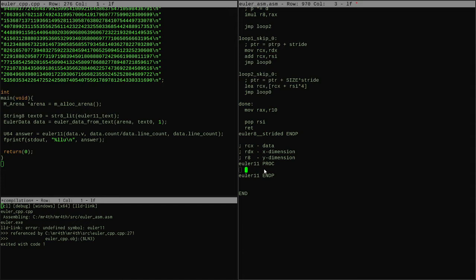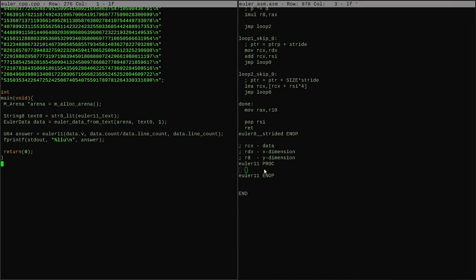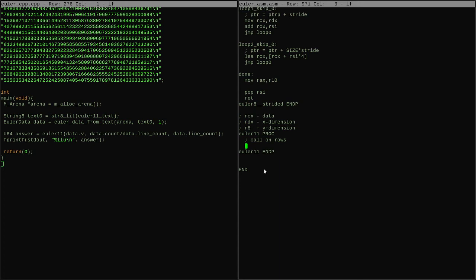Alrighty. So, what we want to do now is basically break this up into several parts. So let's first call this on rows. So let's call it on the first row. What we're going to be calling is Euler 8,